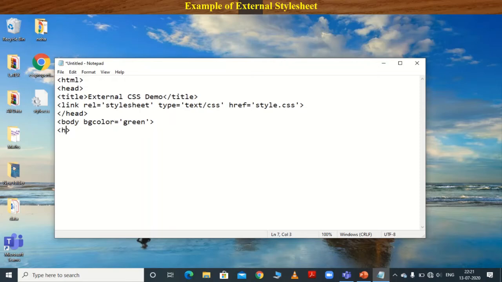So h1, I want to write here, this is a heading 1 tag, and close this h1. Then close the body tag and then close the HTML tag here.